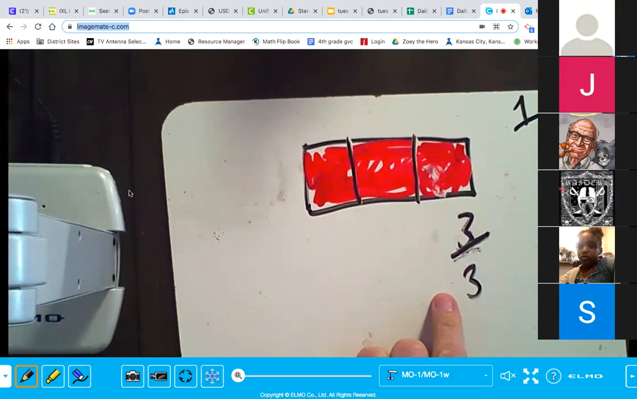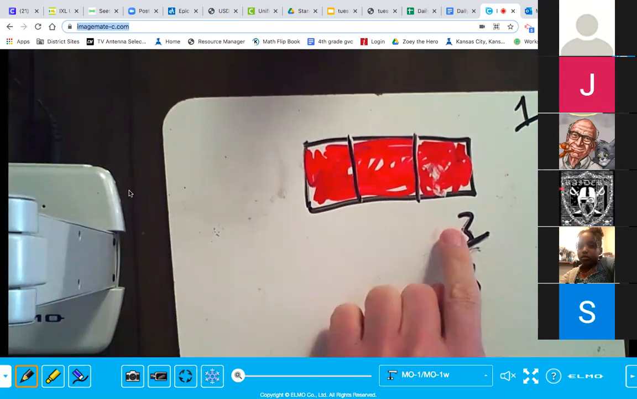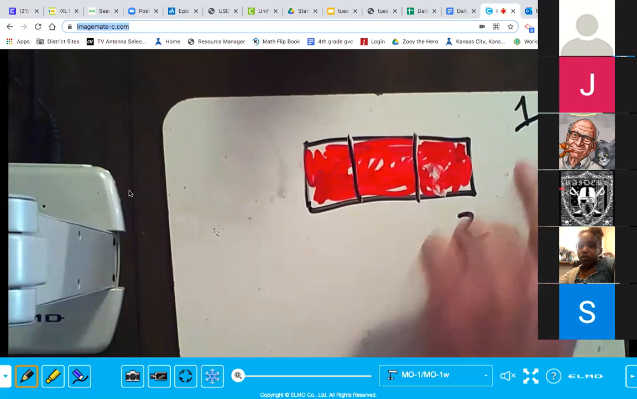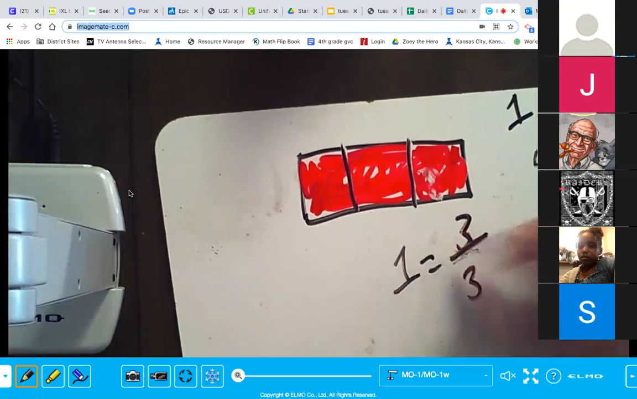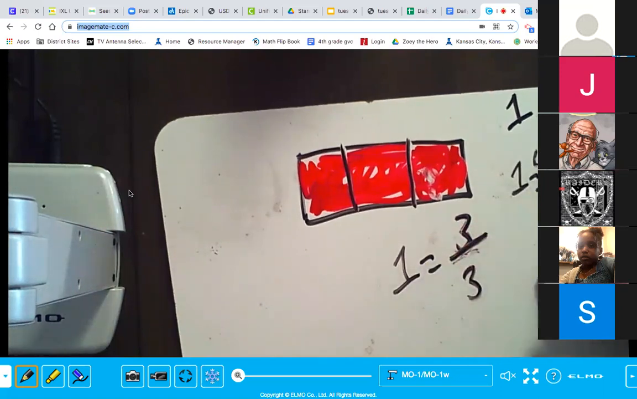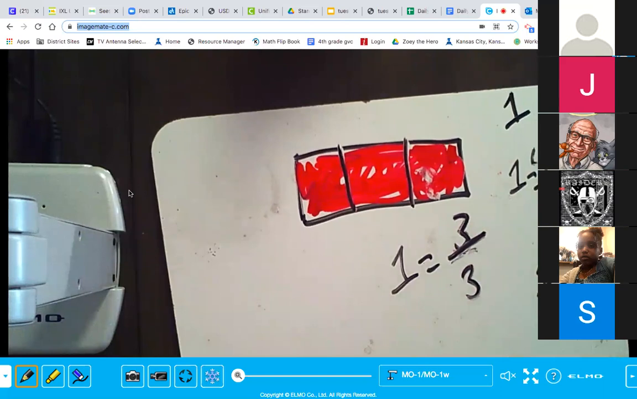Any fraction, can we see now, where the numerator and the denominator are equal is equal to 1. So 1's equal to 3/3, and it's equal to 4/4, and it's equal to 8/8. And then if we look at our